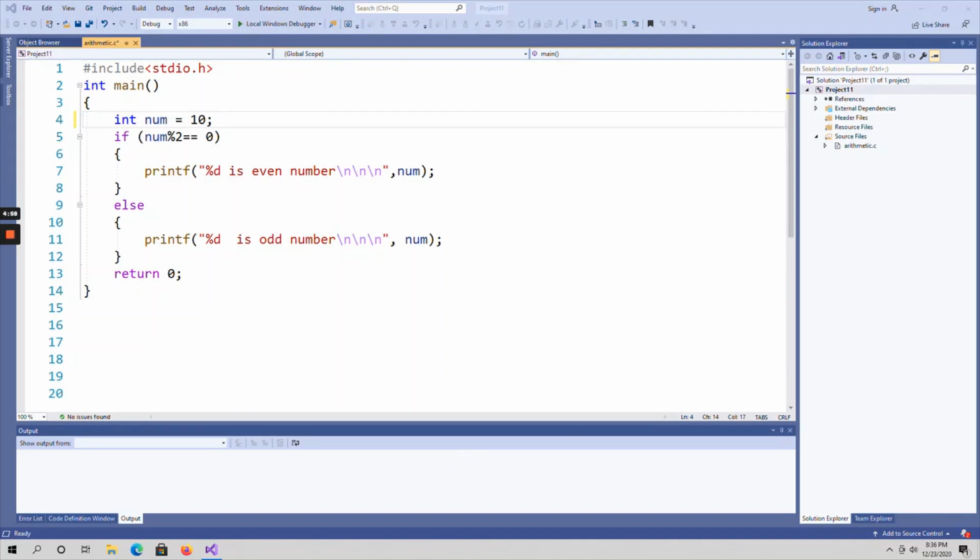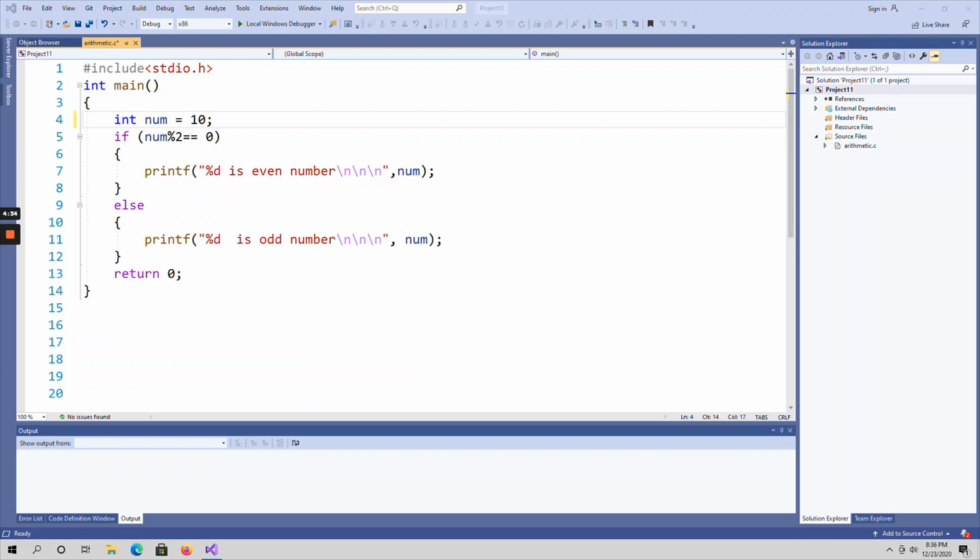So this is my program using the if else statement. Okay, so here I have taken a variable num and I have initialized it with a value of 10. Okay, so in this program I am going to check whether 10 is an even or odd number. So what is the logic, how can you check whether any number is even or odd?